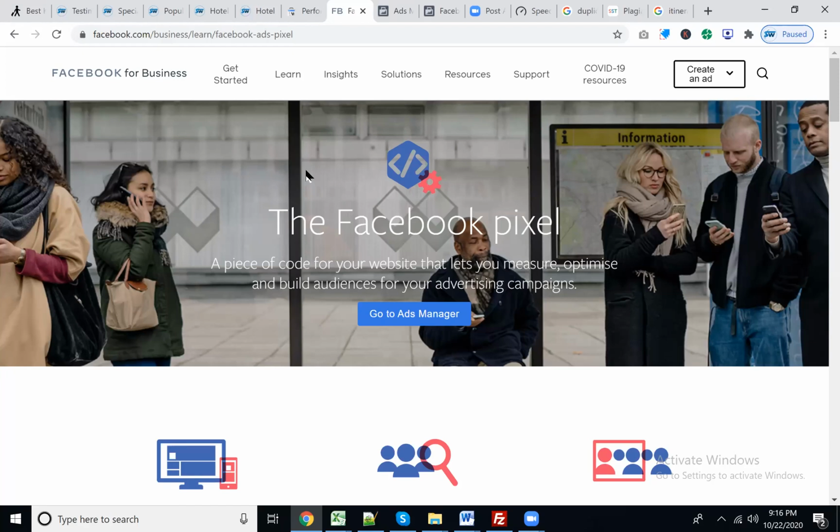The visitors may come to my website from any source: email marketing, direct call, WhatsApp marketing, SMS marketing, or Google search. Once the visitor has visited our website, if Facebook shows our ad to those repeat visitors and they click on it, the charge is going to be 1/10 of the total clicking cost.